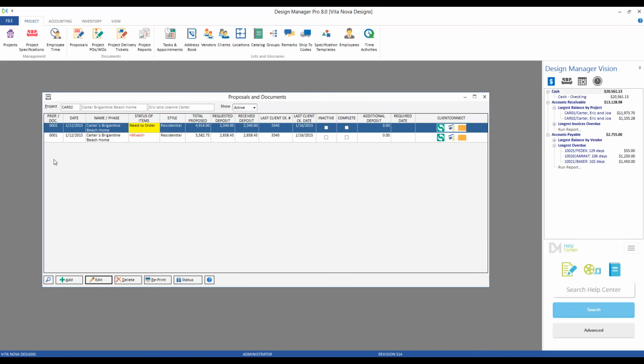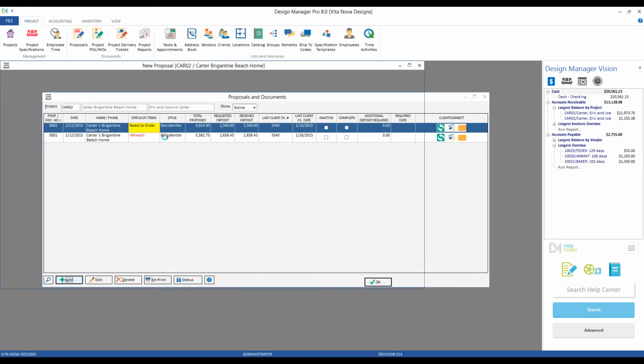Proposal number and date, the name or phase, an overall status of the items, the format that I've selected for the Carters, total proposal amount, how much I asked for deposit, and even how much I actually received from the Carters, including their check number and check date. So I have a nice snapshot of a lot of information about all of my proposals and estimates just from this window itself. To create a new proposal, we go down to our Add button, which brings us to our